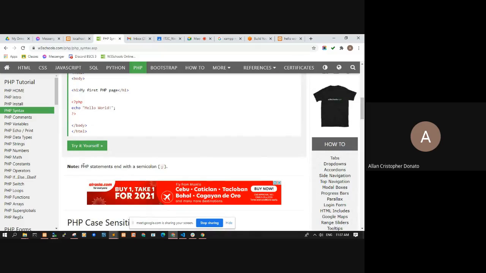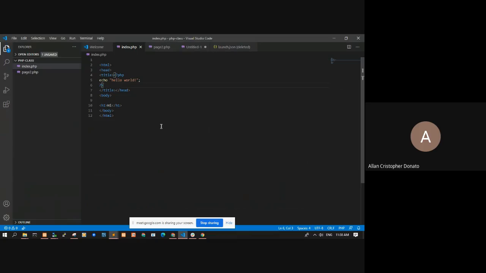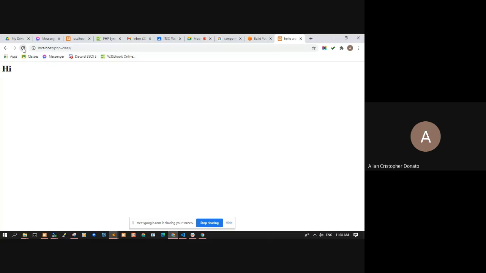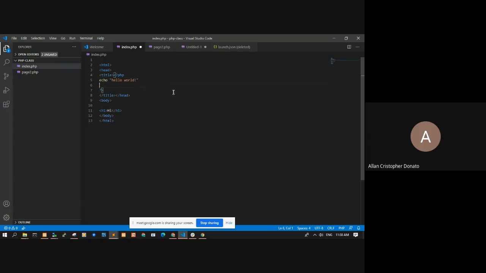Okay, note that PHP statements end with a semicolon. Okay? So, lahat ng statements natin merong semicolon except if it's just a single line statement. Okay, that will still work because it's a single line statement. But if you have multiple lines, for example, if